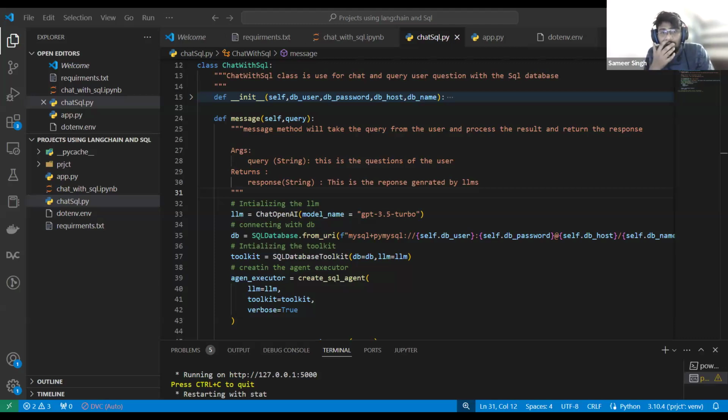What is the expected salary and job role for an AI developer? See, salary depends on your skill. If you are a beginner, minimum you will get between 5 to 6 LPA. It can go up to 90 or 95 lakhs. It's all up to you and your skill. One of my friends is getting 78 LPA in Bangalore as an AI developer.